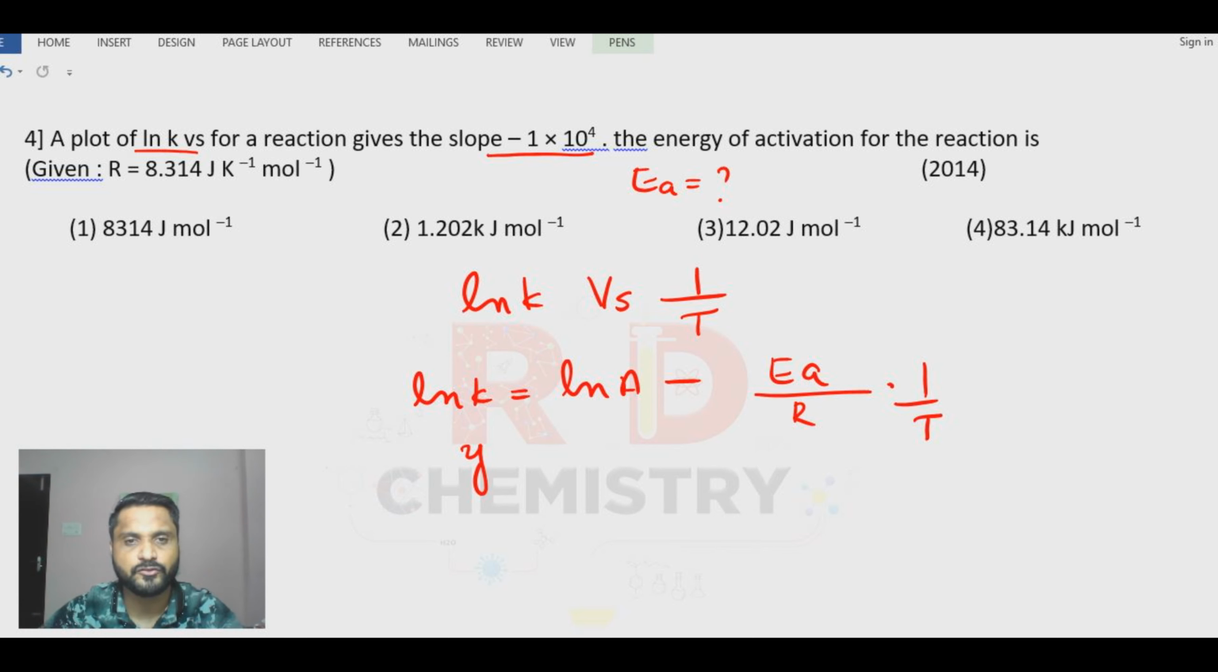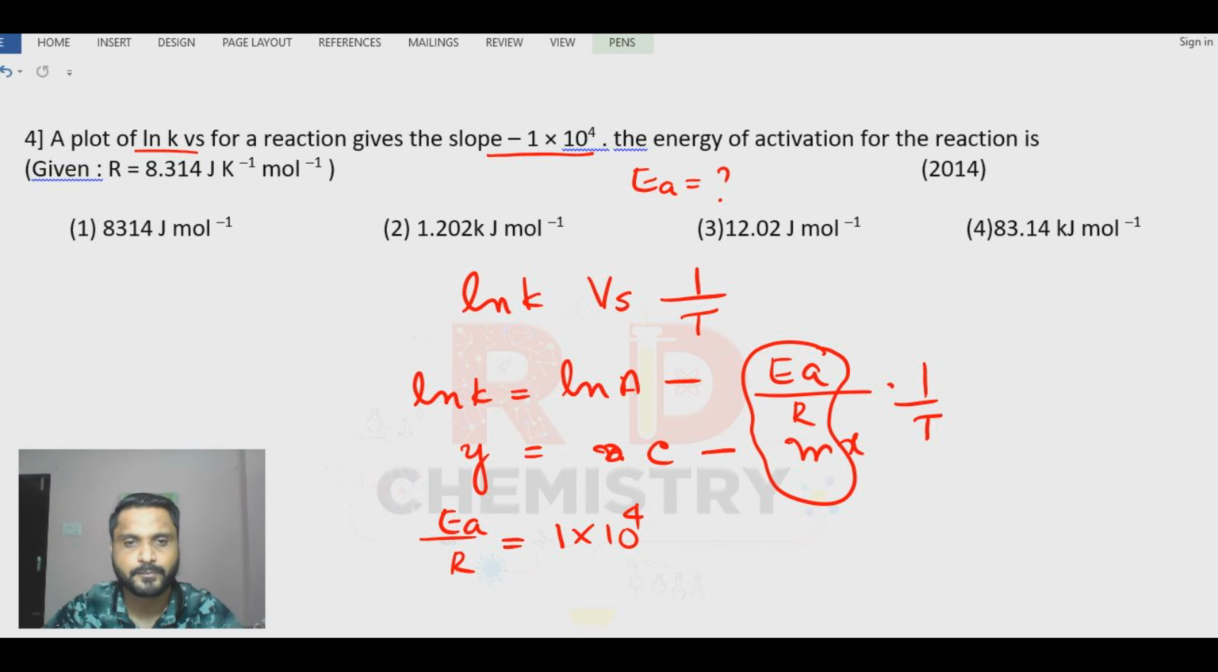So this is of the form y is equal to mx plus c, but here the slope is negative, so we are going to get a straight line, but the slope will be negative. The slope m is equal to minus EA by R, and that is given. Okay, so therefore EA divided by R is equal to, from the question, 1 into 10 power 4. Therefore EA is equal to 10 to the power 4 into the R value. Since the answer is in terms of joules, we'll make use of